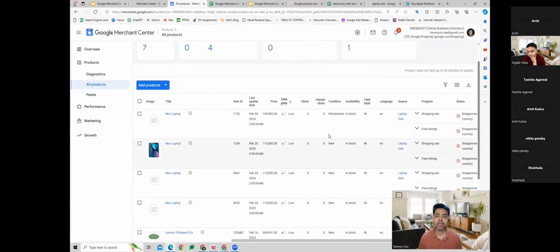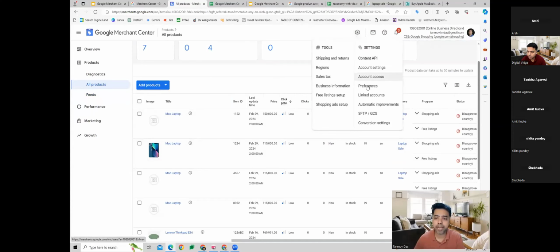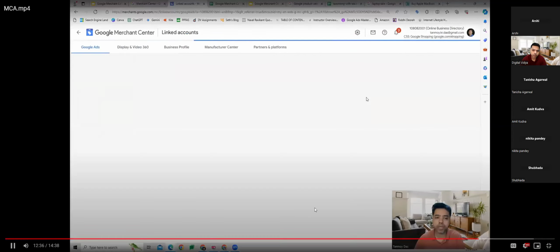Once this is done, then comes the linking process. To link this account to Google Ads, we can go to this gear icon on the top right and go to linked accounts. The sheet is already linked, did you see that Fetch Now button, which we saw right now? You click on the Fetch Now button, and that's how the sheet gets uploaded. The sheet we have created itself, so it's already linked with the Google Merchant Center because the sheet is created by us inside the account itself. So once you click on Fetch Now, it will reflect all the details in the account.